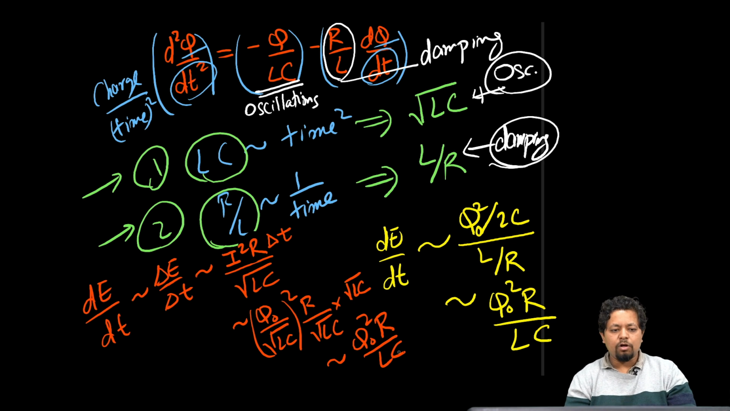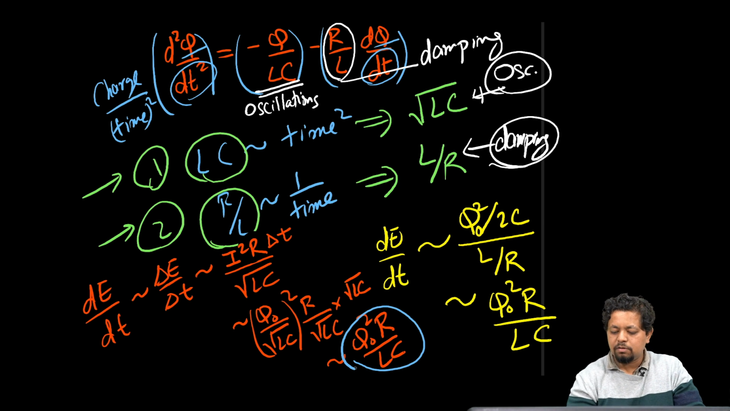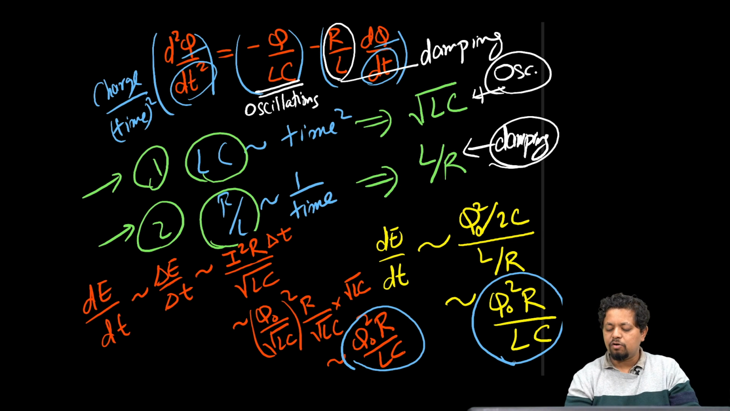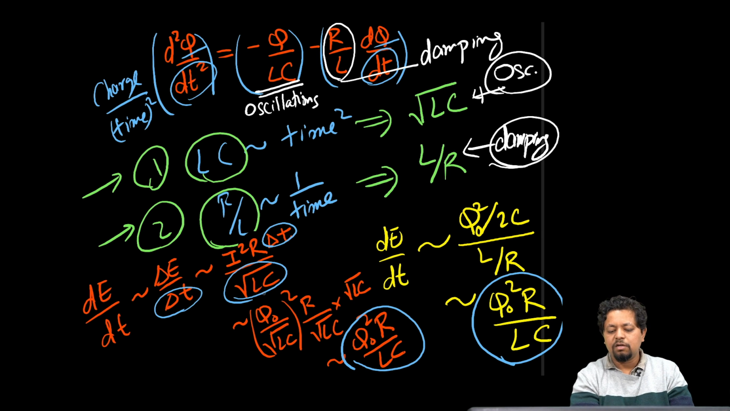Interesting thing is that by both logic, we found the same result. The naive dimensional analysis, simply based on dimensions, gave us dE/dt as Q naught squared R by LC. And when we took into account the physical input that damping is happening because of Joule heating, Joule heating is I squared R. If it happens for one time period of oscillation, that is delta T, and that delta T is given by square root LC, as a consequence, we got